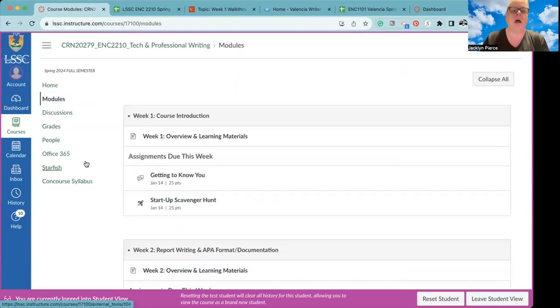All right. And then the startup scavenger hunt, like I said, it is a test. It is in test format, but it is not timed. You are able to use any materials to help you with it that you want. It is open book, open note kind of thing. And I would suggest that you keep it open in a separate window so that you can look at the syllabus and go back and do all of those things.